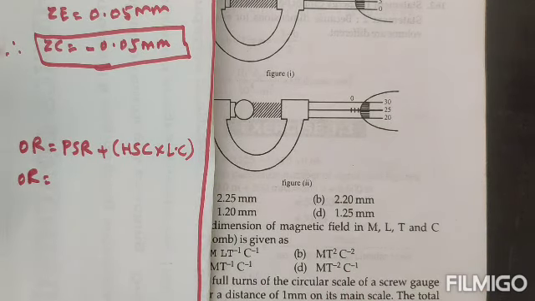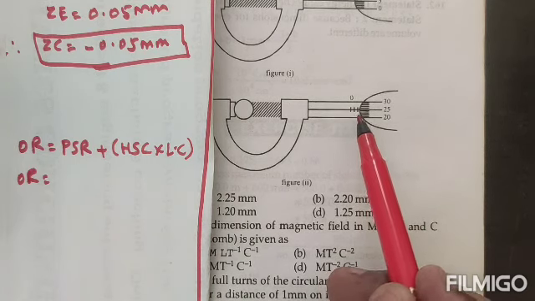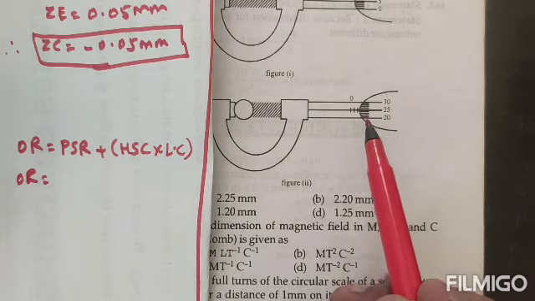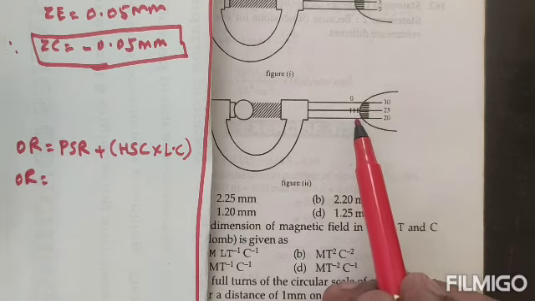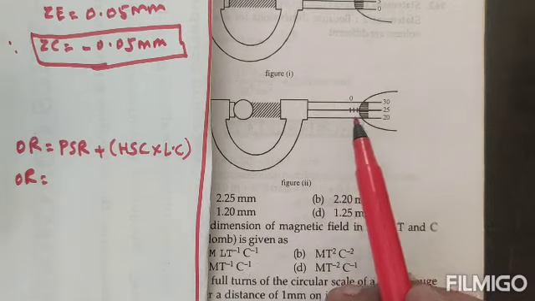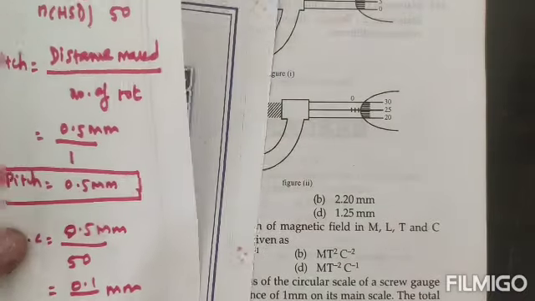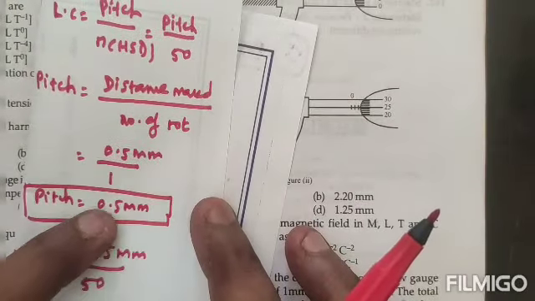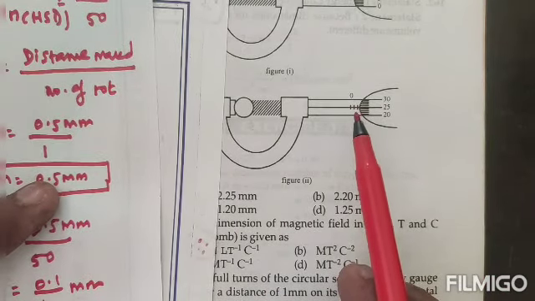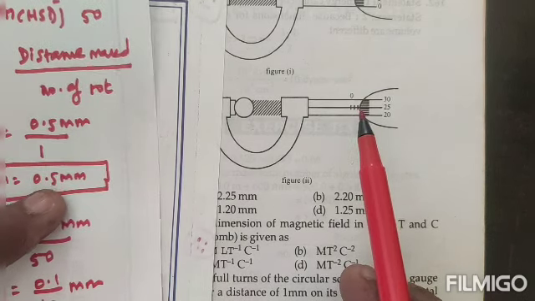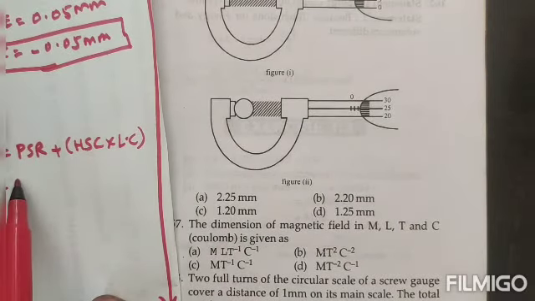So here in the pitch scale reading, how many lines are there? First line is 0, second line, third line. Okay, so first line is 0, leave it. So totally here 2 lines are there, that is the meaning. Each and every line of the pitch scale, you know very well, each pitch value is how much? 0.5 millimeter. So here how many lines are there? First line is 0, leave it. So next 2 lines, so 2 times 0.5 is 1. So pitch scale reading is 1 millimeter, that is the meaning.